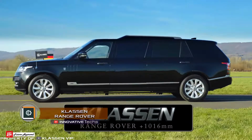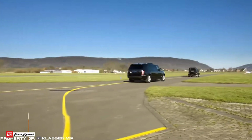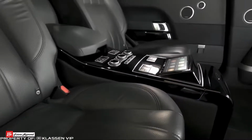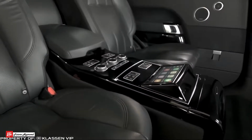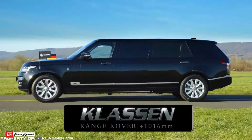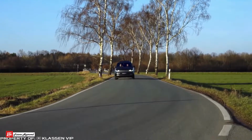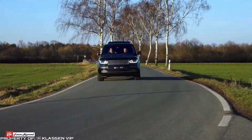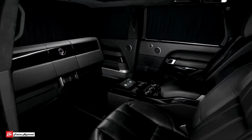Klassen Range Rover. The German company Klassen built a special armored limousine on the Range Rover platform. Visually, the car features a wheelbase with 6 doors extended by 42 inches. Limousines are armored to the highest levels of ballistic protection levels 7 and 9. The company offers models with extended armored rear doors, as well as an elevated roof and a panoramic hatch made